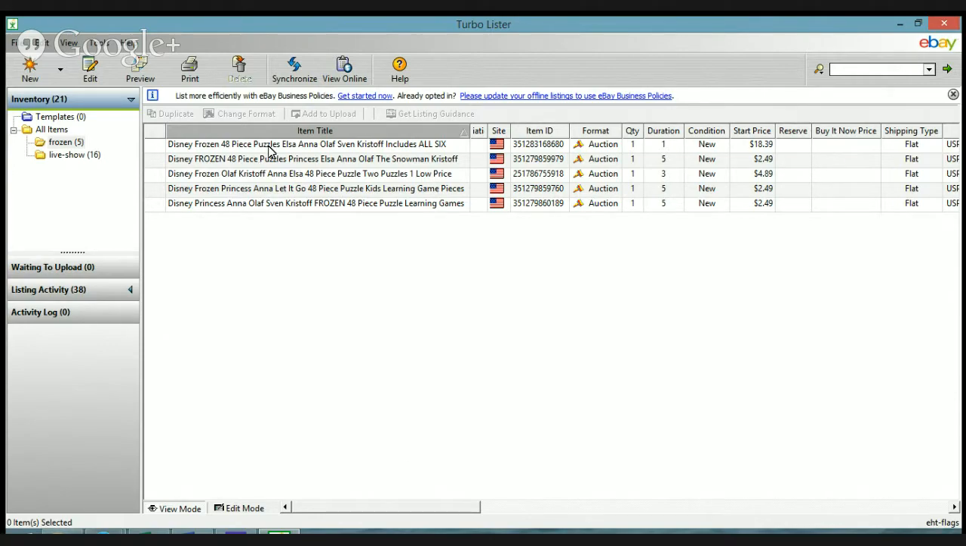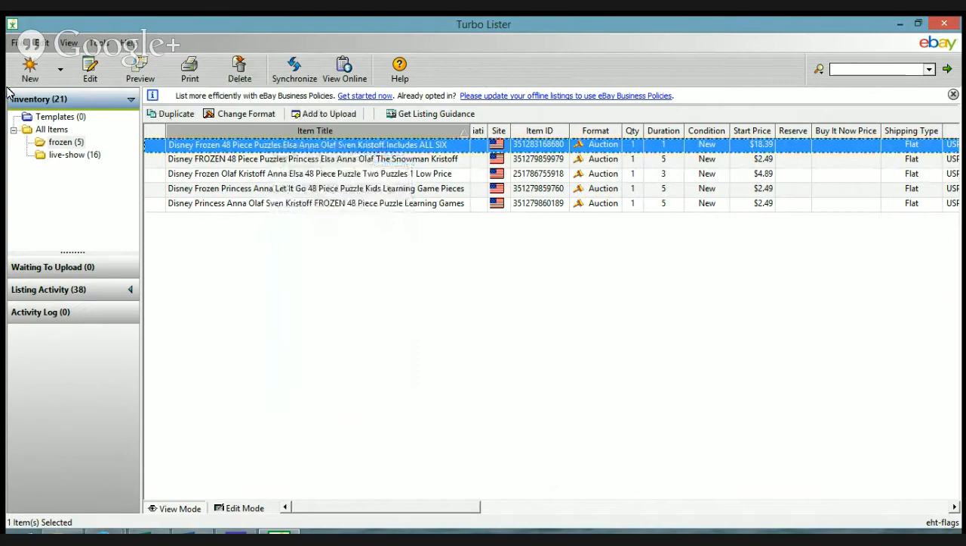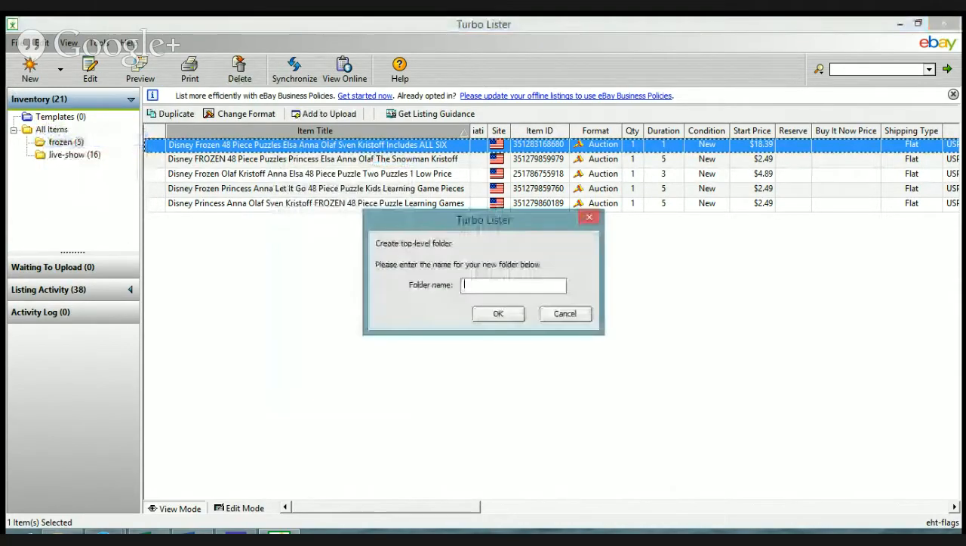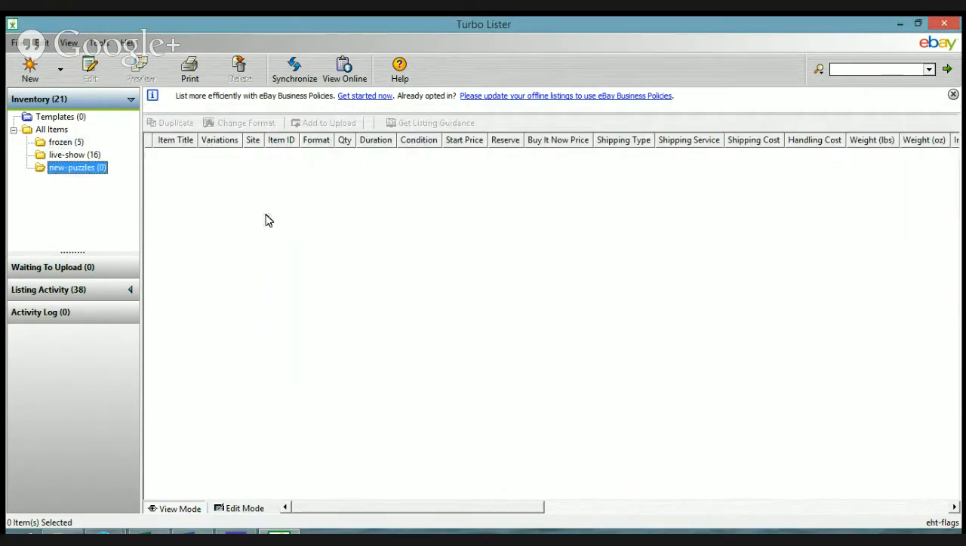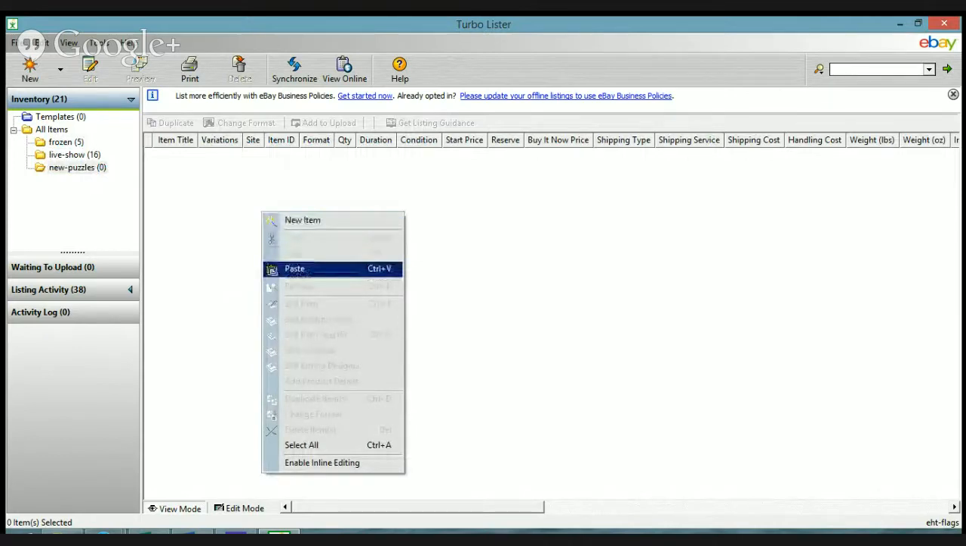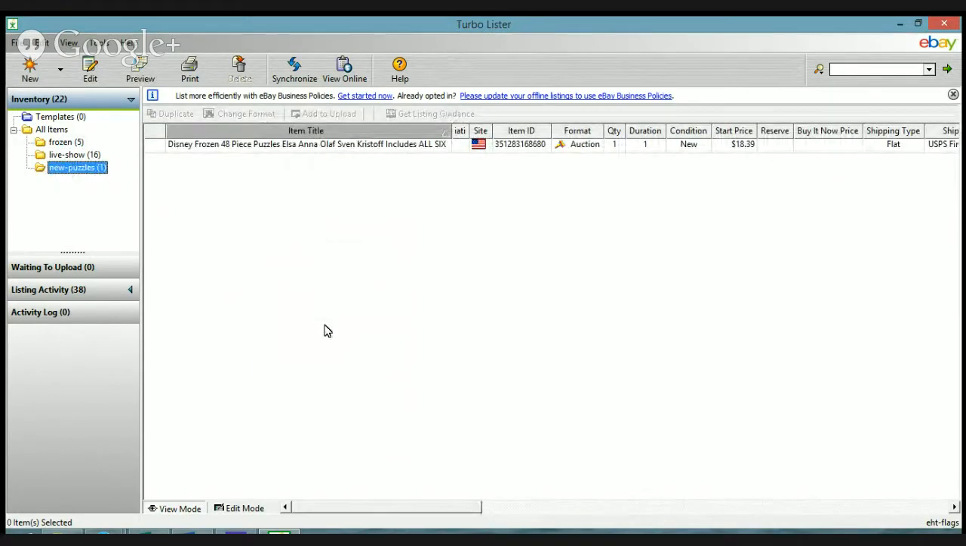I'm going to copy this into a new folder to give you an idea. New puzzles. I buy Winnie the Pooh puzzles. For you guys, copy and run out and get that. Winnie the Pooh is the next puzzle I'm going to sell. They're at Dollar Tree. And I'm going to list